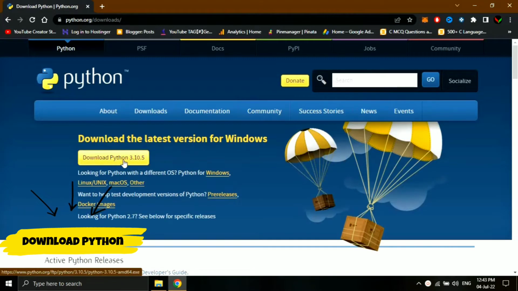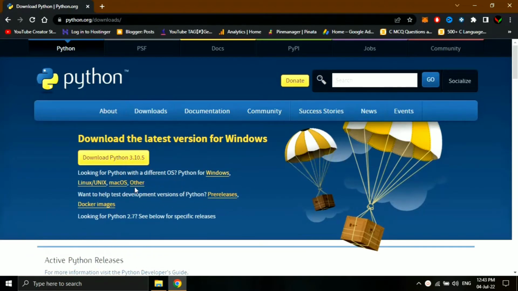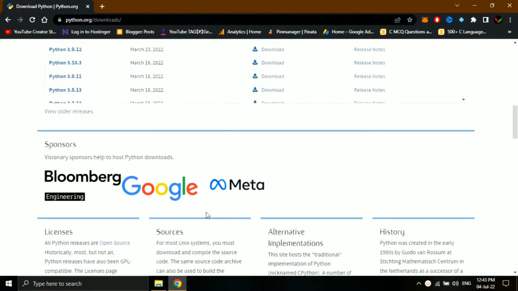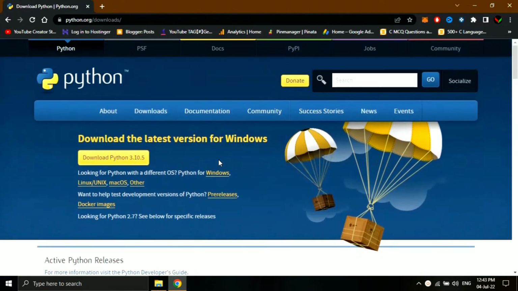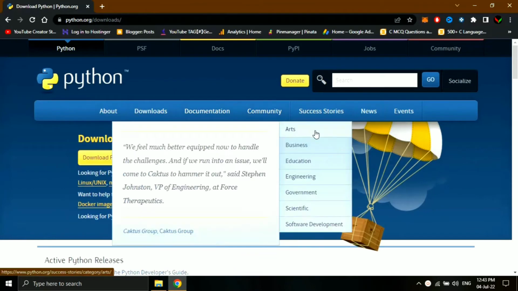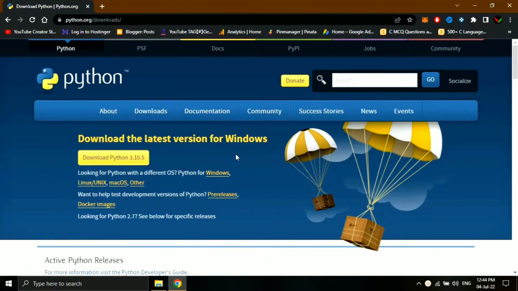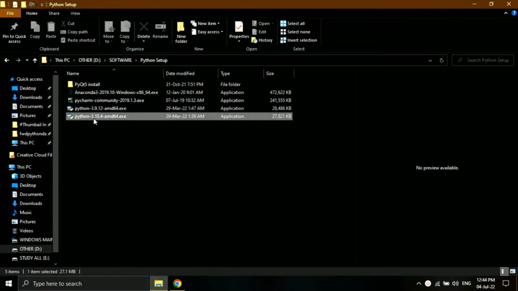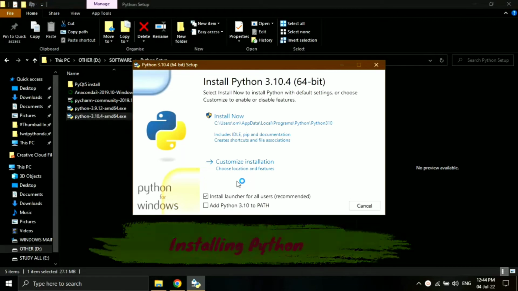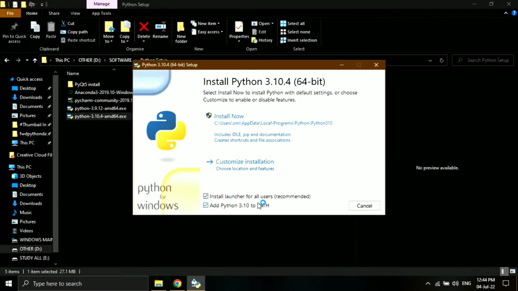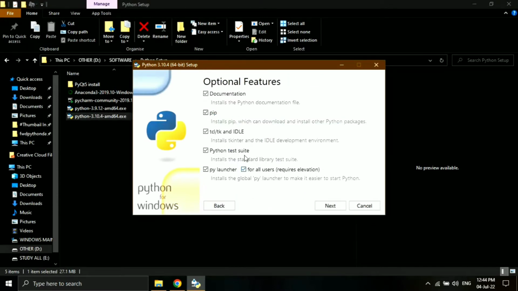Let's install Python to start programming in Python. First, we are downloading from the official website, python.org. Here you can check versions and more things. I already downloaded it. I go to the file manager and double click on the